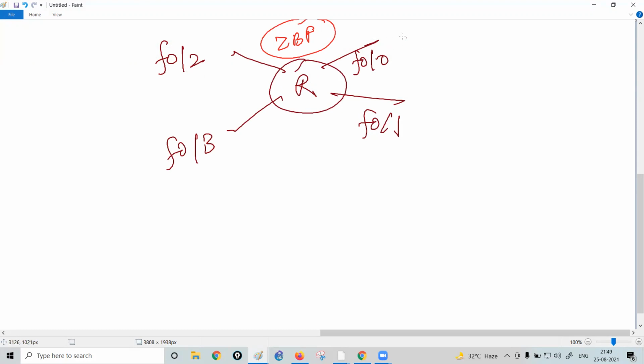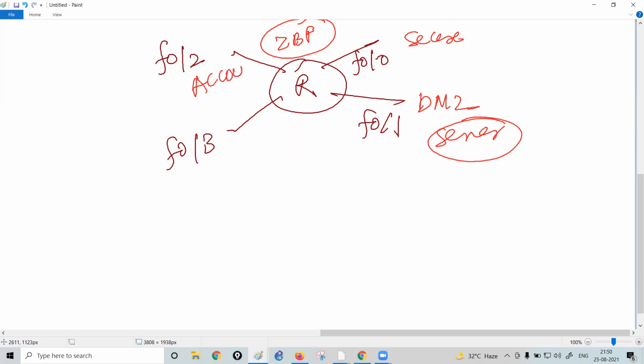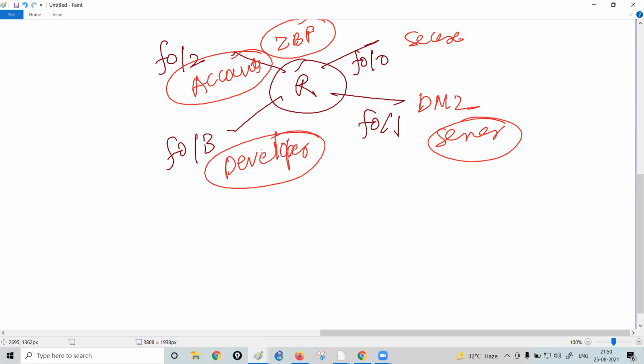Let's suppose this zone is the secure zone. This zone is the DMZ zone, where you have kept all your servers. This zone is called the accounts zone, where all your accounts users are connected. This is your developer zone, where all your software developers or website developers are connected with this interface.